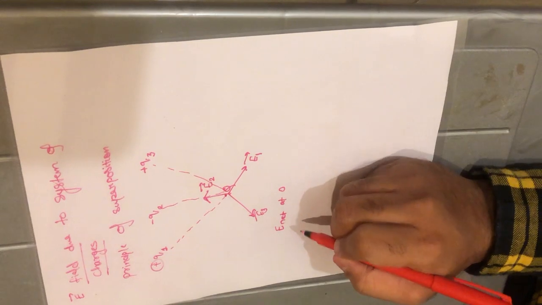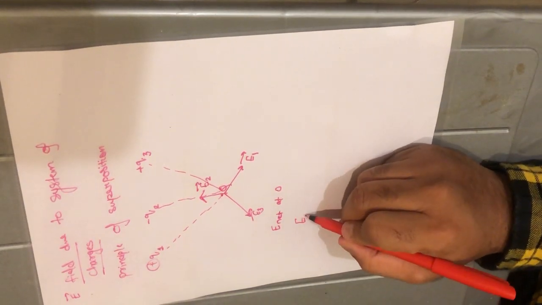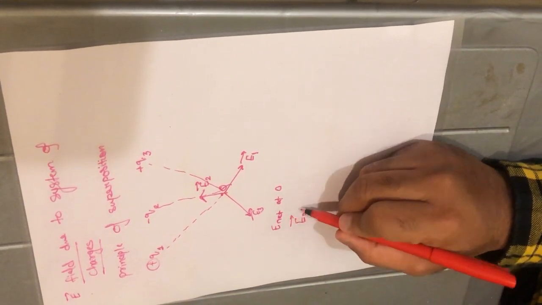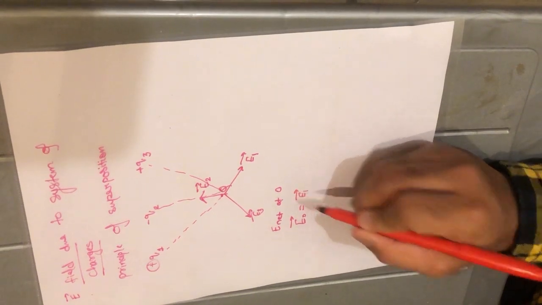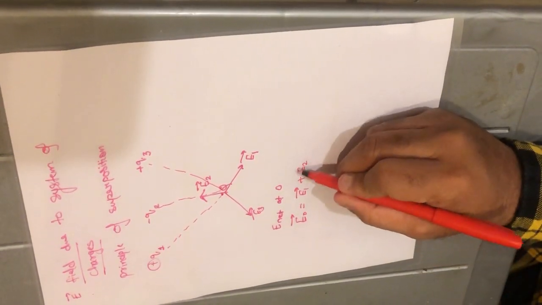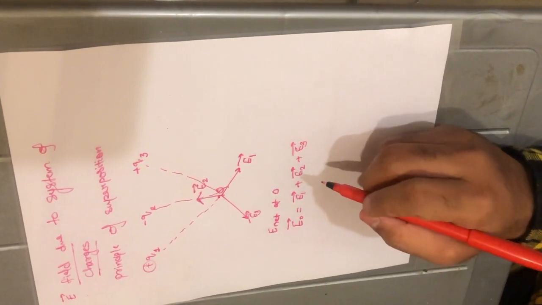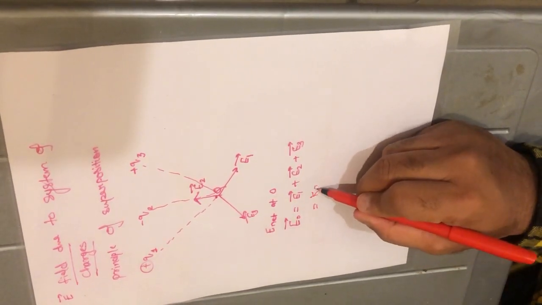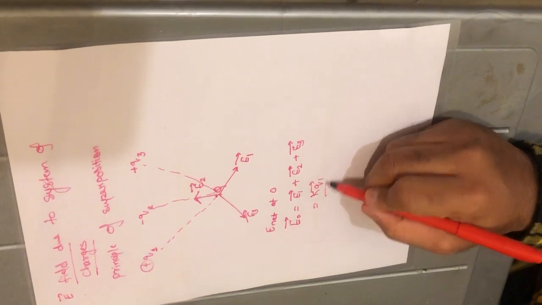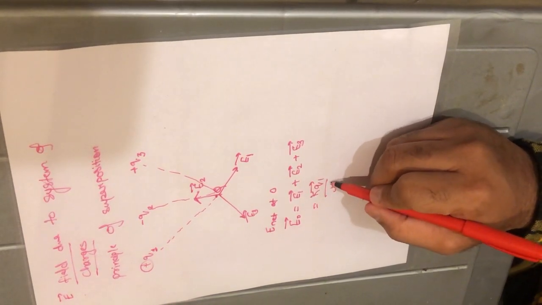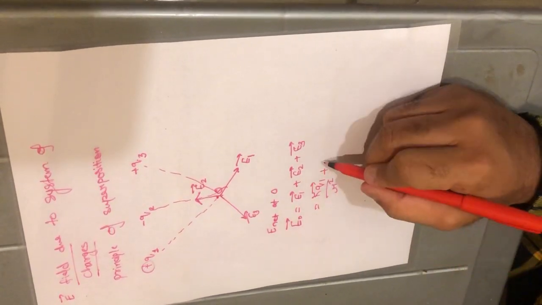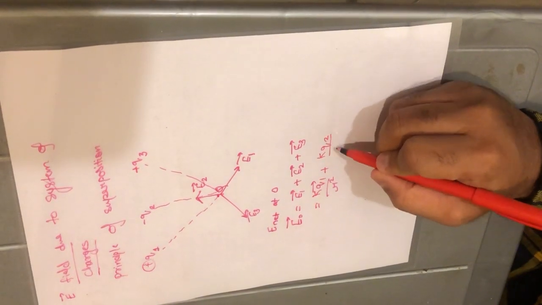So if you want to calculate the total net electric field on the capital Q, that is the source charge, the formula will be E naught. Now why am I using E naught? Again, it is just because we consider a test charge as a small charge, and we consider it as E naught, which is equal to E1 vector plus E2 vector plus E3 vector for all the electric fields.